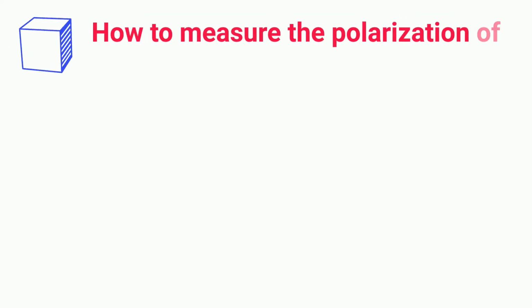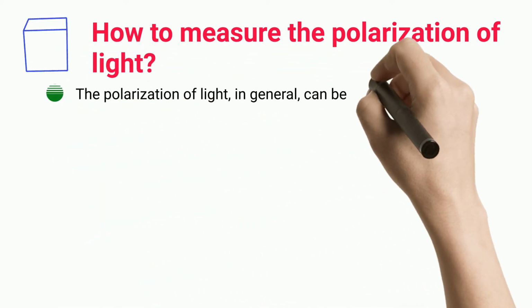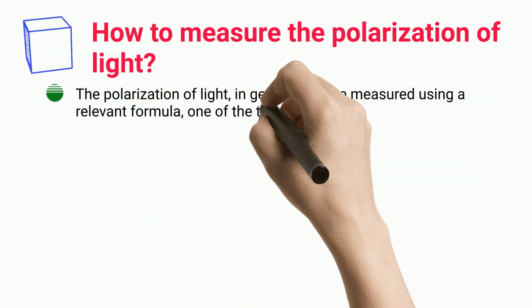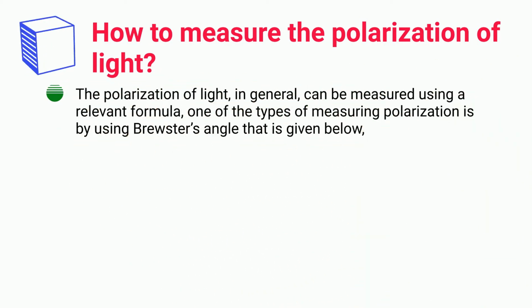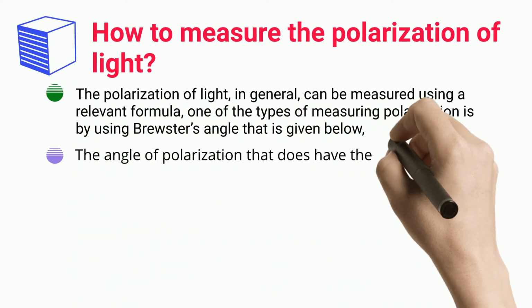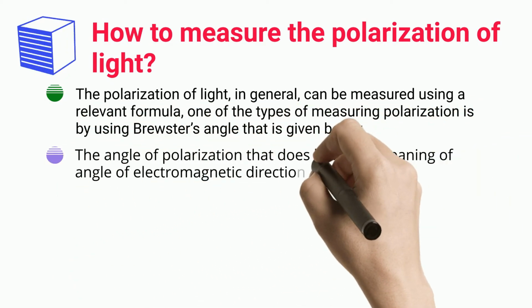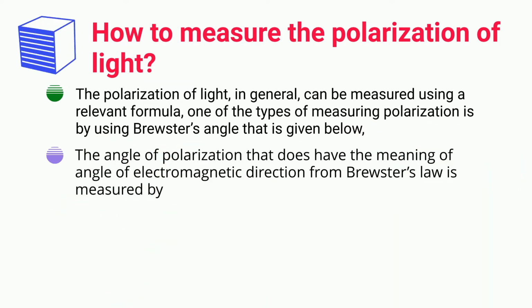How to measure the polarization of light. The polarization of light, in general, can be measured using a relevant formula. One of the types of measuring polarization is by using Brewster's angle, given below. The angle of polarization, which has the meaning of the angle of electromagnetic direction from Brewster's law, is measured by